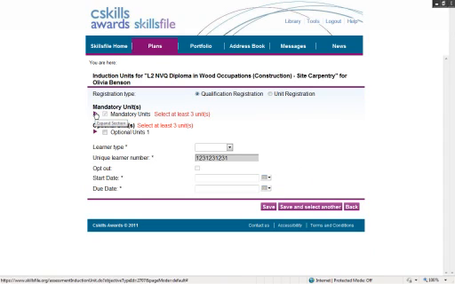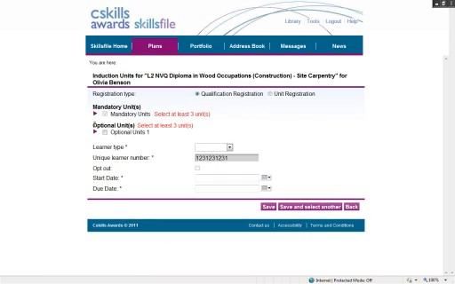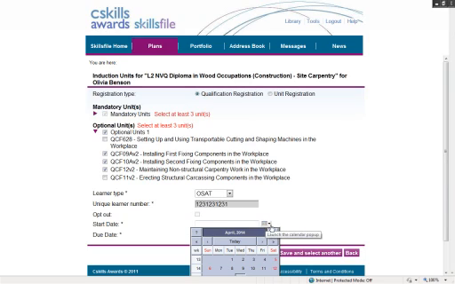It has automatically ticked the 3 mandatory units for me, and I can pick the optionals, and it's telling me I need to pick at least 3. So I will go for those 3. What type of learner are they? Well, I'll put there an OSAT. It's already put in their unique learner number for me, and here I can put the start date of their